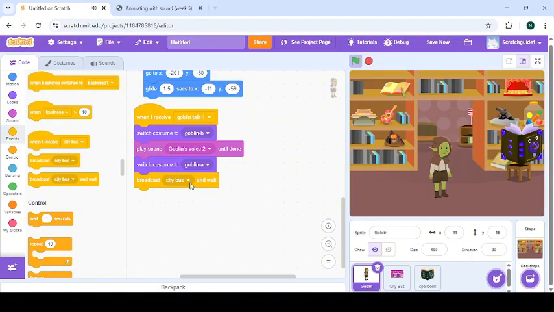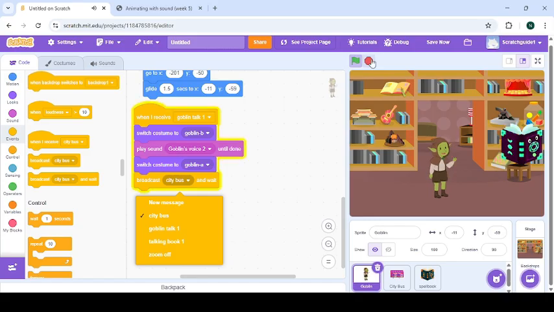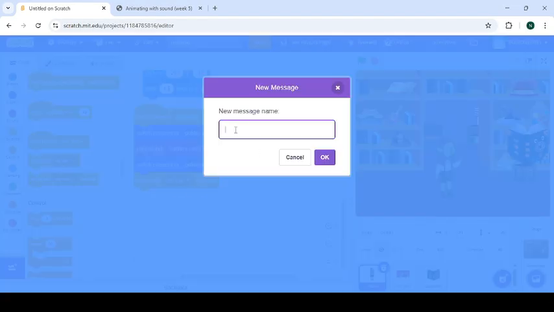and change this message to new message. We'll make the magic book talk for the second time, or talking book, right? We're using talking book 2. Okay,